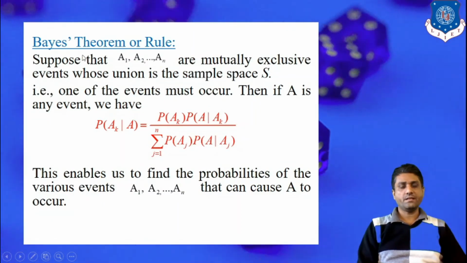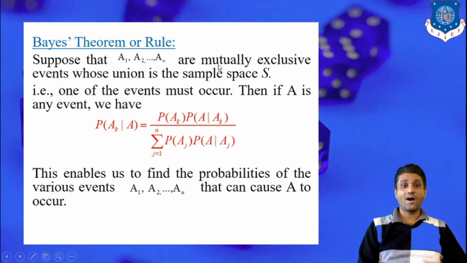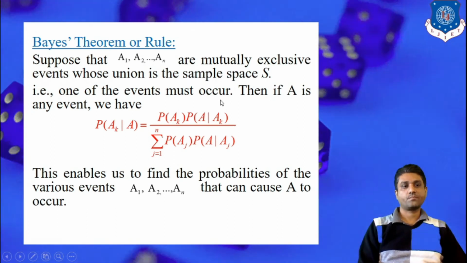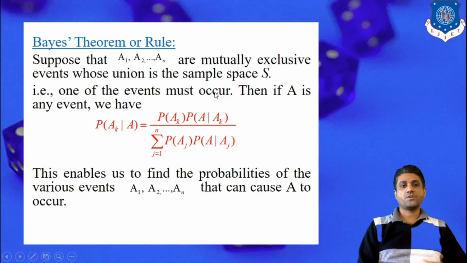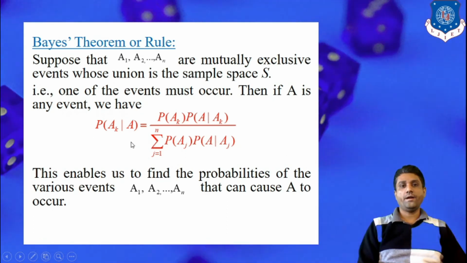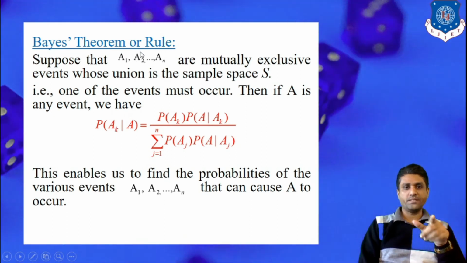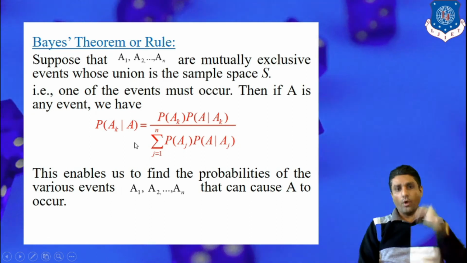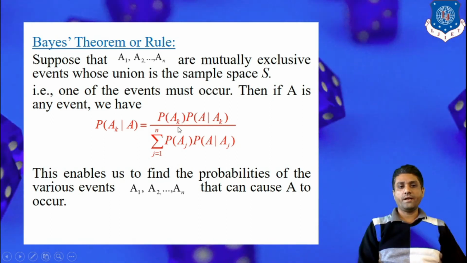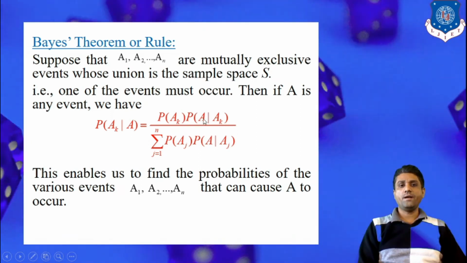So let's see Bayes theorem or Bayes rule. Suppose that A1, A2 and so on up to An are mutually exclusive events whose union is the sample space S. That is, one of the events must occur. Then capital A is any event, and we are interested to find out the probability of any of these sub-events when the original event A is already finished. That is equivalent to the probability of the sub-event AK, whichever we are interested in, into probability of A given